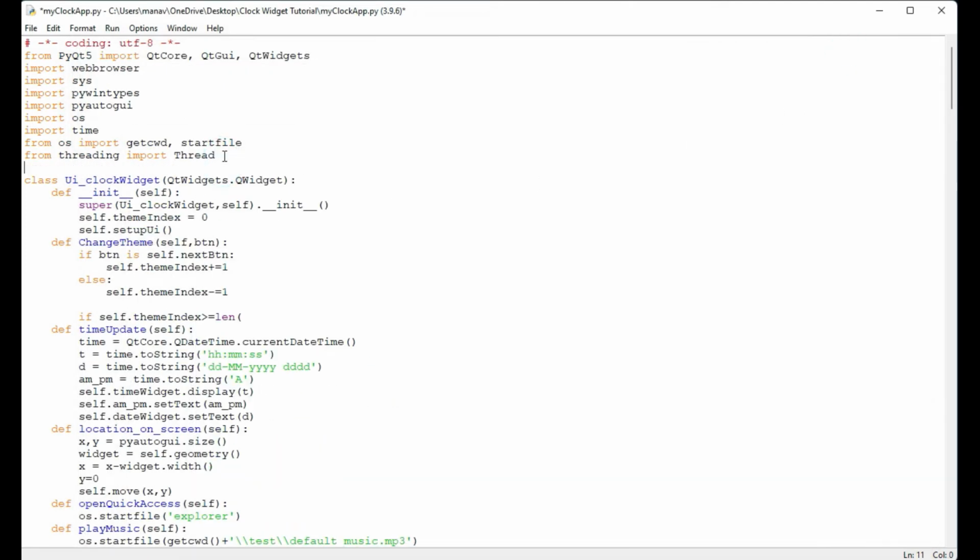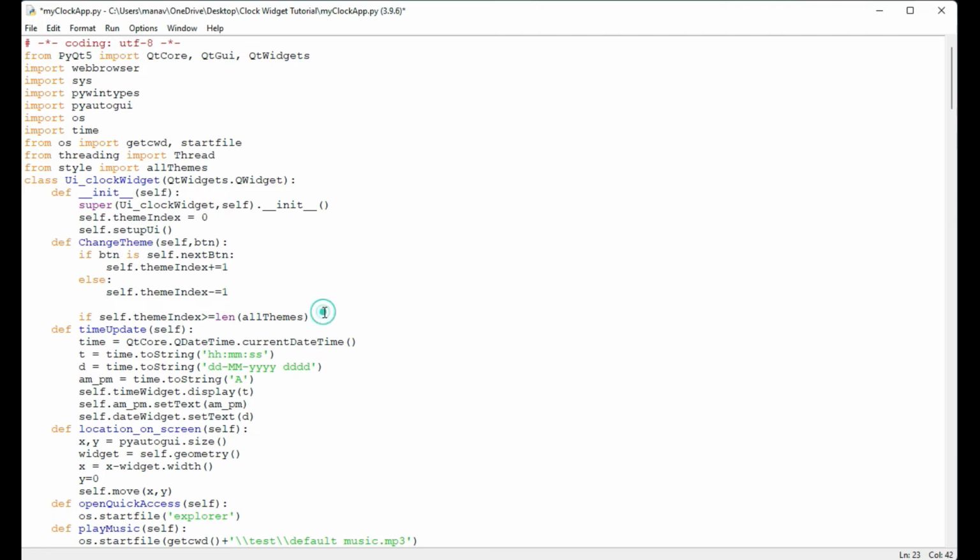For that I will write from style import all_themes. Now I'll check the length of all themes.